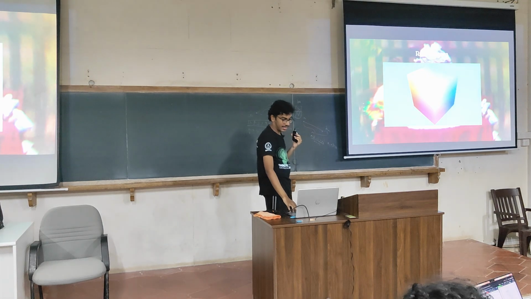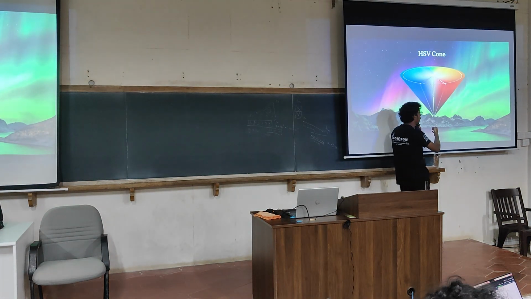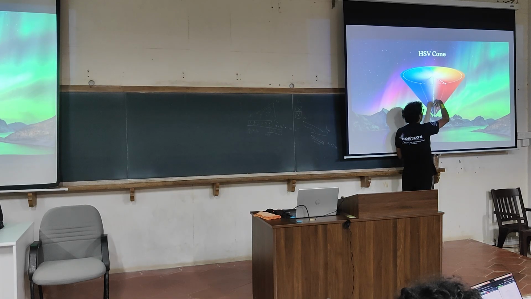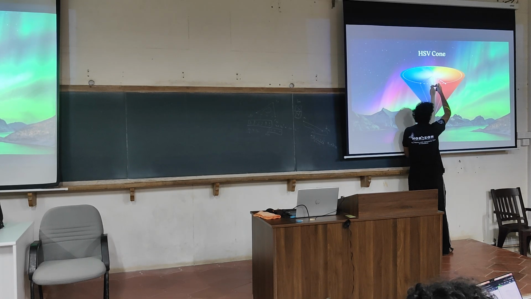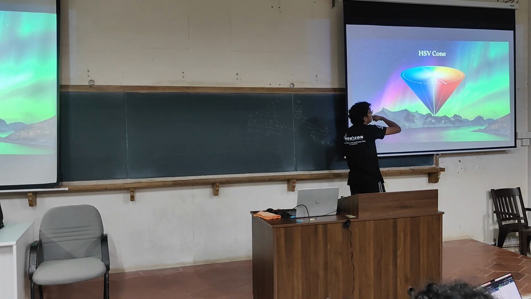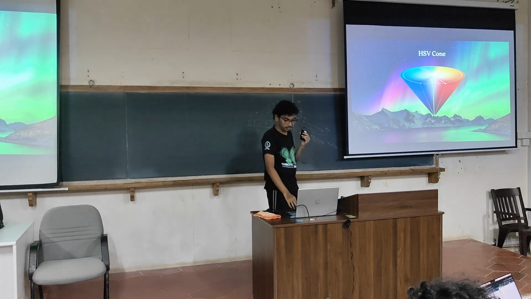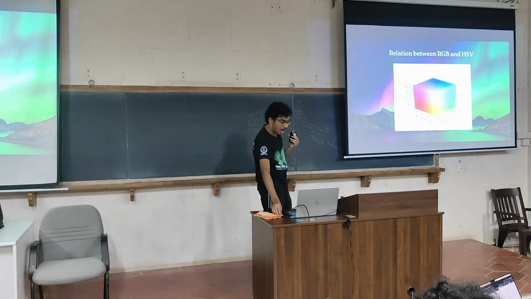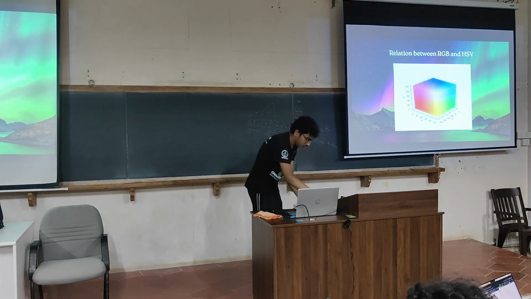So with this I represent the HSV system, and this is the HSV cone. As I move from this tip upward, I am increasing the value, and from here to here I am increasing the saturation, and this is hue. With this HSV cone I can represent all colors that my screen can give. So now let us see how the RGB system and HSV system look with a graph.